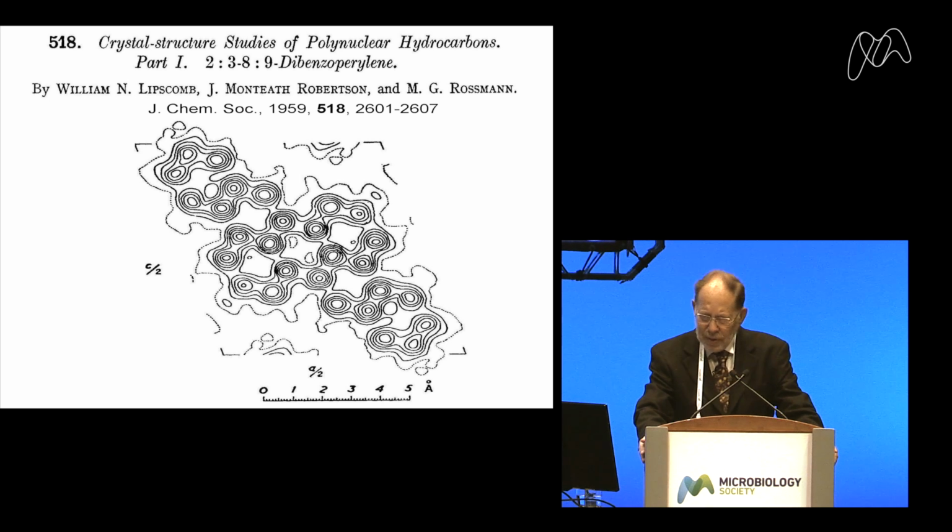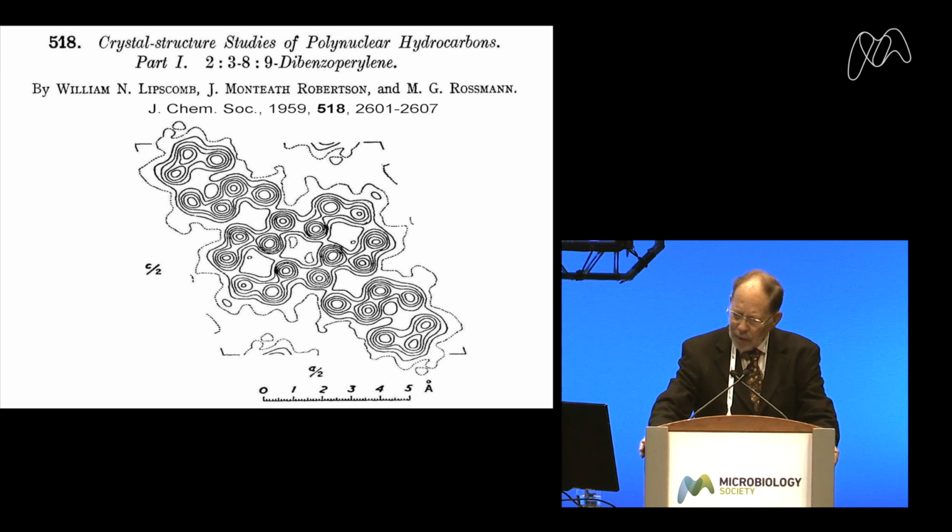When I got to Glasgow as a student of Monteith Robertson, this structure was the first structure which I solved with X-ray crystallography. As you can see, there are about 20 or so carbon atoms, and our interest in that structure was mostly the distance between bonds, partial bonds, and getting the relationship between bonds and bond order and bond length. But that taught me something about crystallography, and I then spent some time in Minnesota learning something about computing.